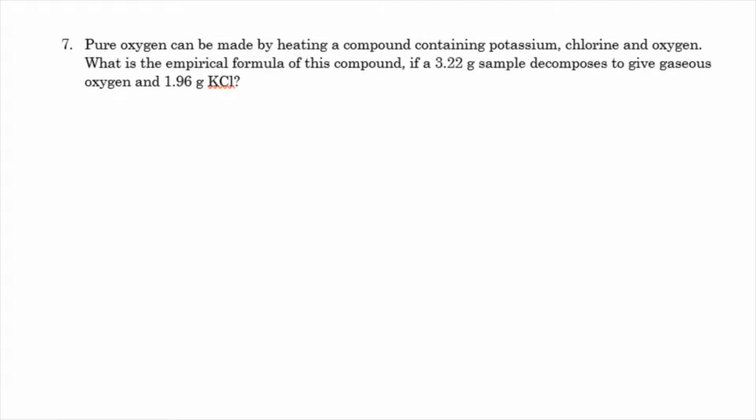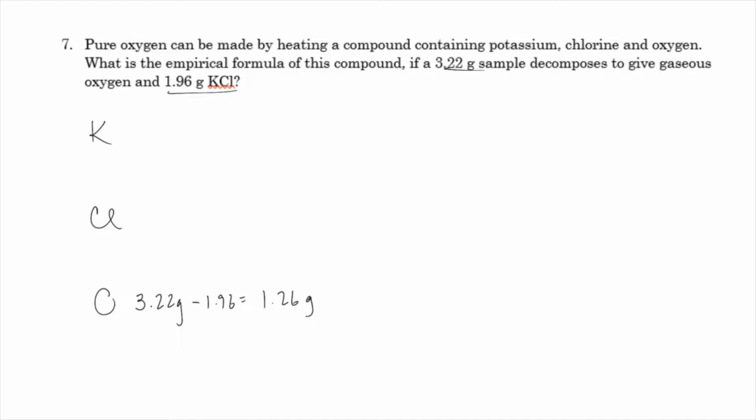Question 7. We can make pure oxygen by heating a compound that contains potassium, chlorine, and oxygen. So I take this compound, I take 3.22 grams of it, I decompose it, oxygen's given off, and I get this much KCl. And I want to figure out what the empirical formula is. So to get the empirical formula, I need to know how much potassium there is, how much chlorine there is, how much oxygen there is. Oxygen is going to be the easiest one, so I'm going to figure that out first. Law of conservation of mass, if I start with 3.22 grams, and 1.96 of that is KCl, the remainder has to be oxygen. So I get 1.26